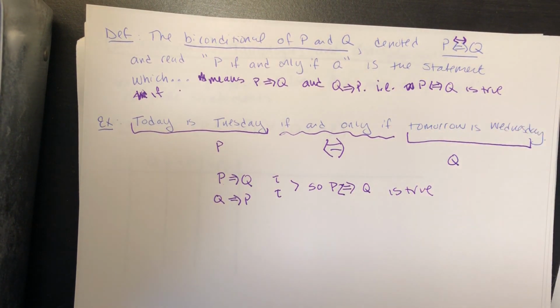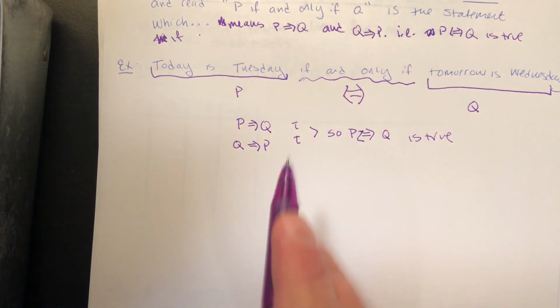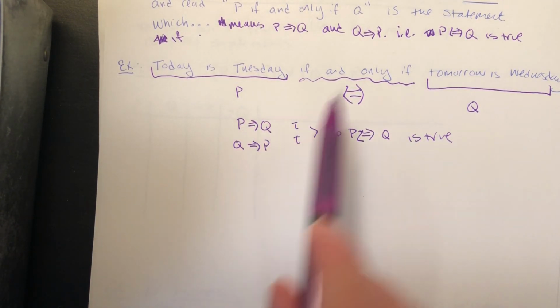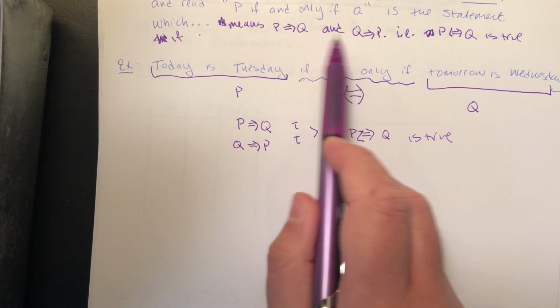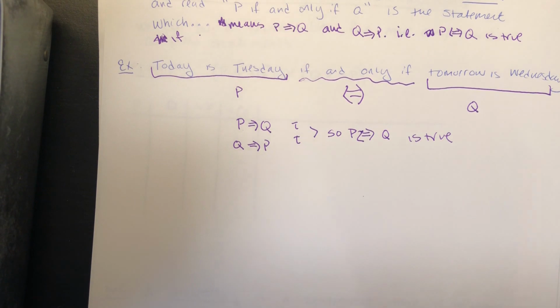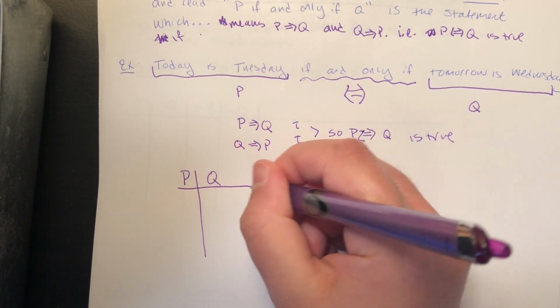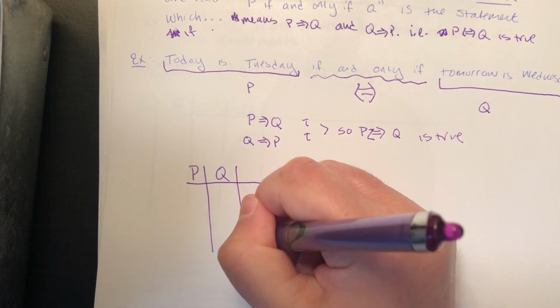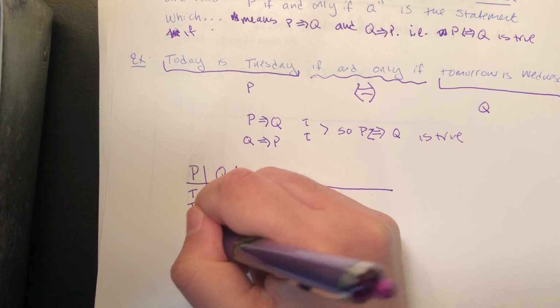But we can build up the truth table for P if and only if Q using what we already know about conditional statements, right? P implies Q, we know what their truth table looks like. And conjunction AND statements, we know what those look like as well. So I'm actually going to build up this truth table to figure out just exactly what the column should be for P if and only if Q. All right, so our different combinations would be